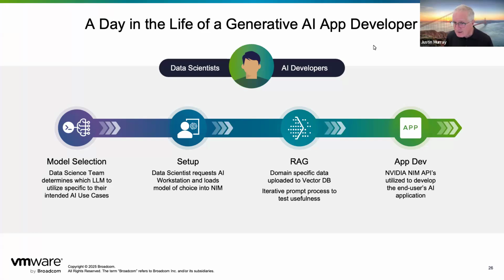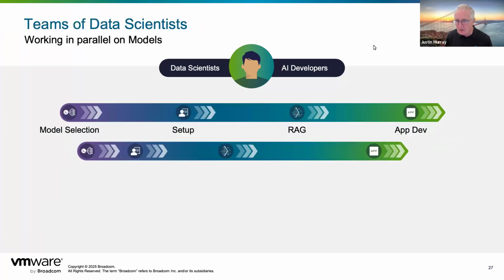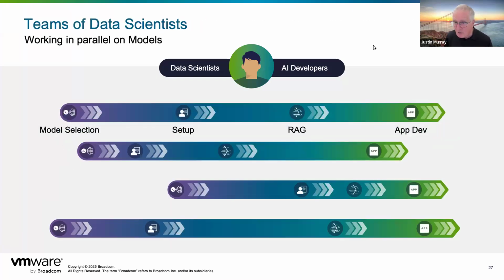Now, that's one data scientist, one day in their life, perhaps a week in their life. But there are multiple occurrences of this in every business that I know of. There's more than one data scientist, and any one data scientist is operating on 2 or 3 or 4 of these at any one time. And all of these experiments on the horizontal axis here need to be separated from each other and safe from each other, and they're possibly using different tooling, different operating systems, different Kubernetes flavors, different data sets and different models. So this becomes bewildering very quickly if you do this on bare metal.